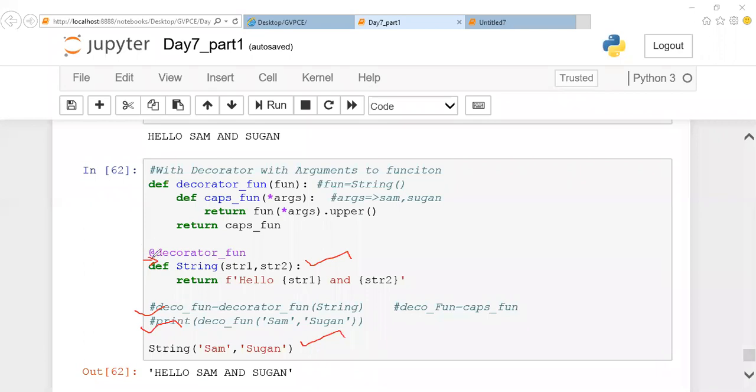So we will have the @ symbol followed by the function which is going to decorate this function. I'm supposed to mention the decorator function here. That is sufficient. It is not required to write all these lines. You can write @ followed by the function name. It is not a keyword, it's a function name. Once you write it like this, what happens? This decoration happens internally.